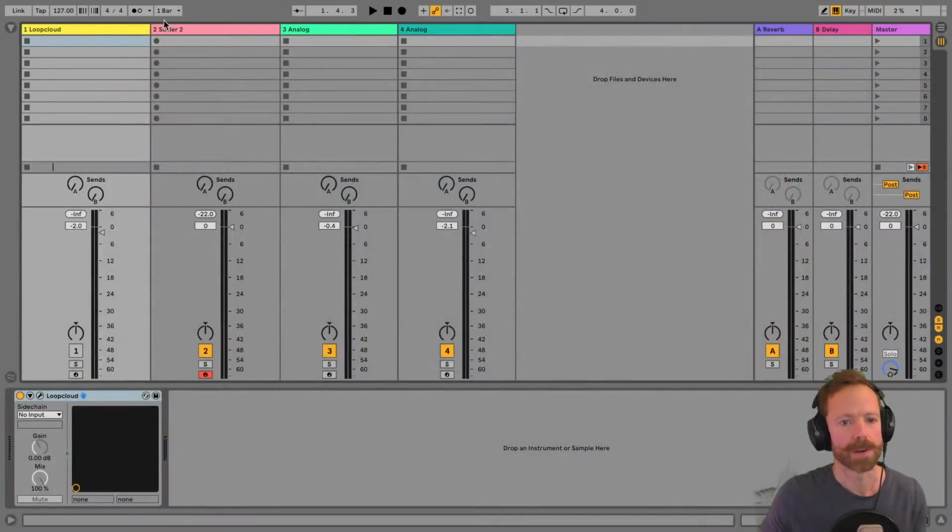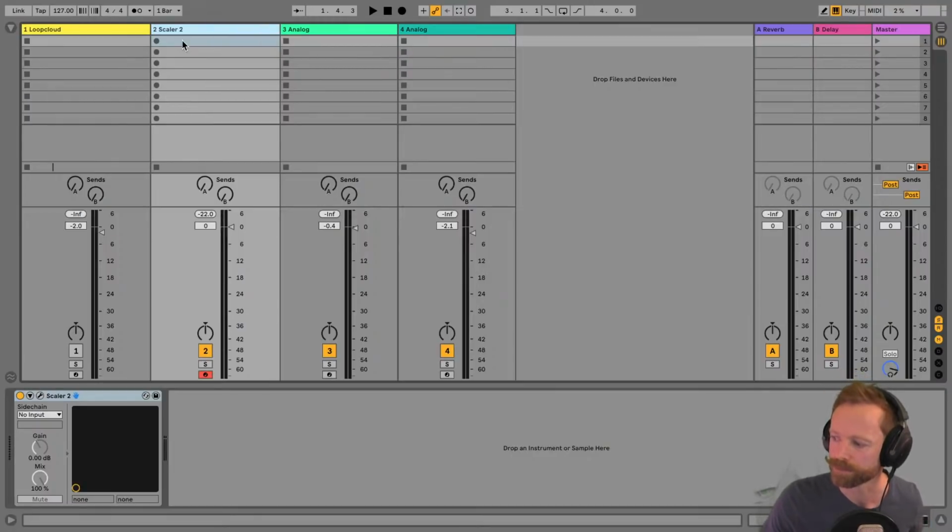All right. So I've just got a kind of basic live project here, and it's important to say when I work with Scalar, I tend to do it in a slightly different way from the way I've seen David Carbone using it, who's the creator of the plugin. He tends to use multiple instances of Scalar, which is a great way of working.